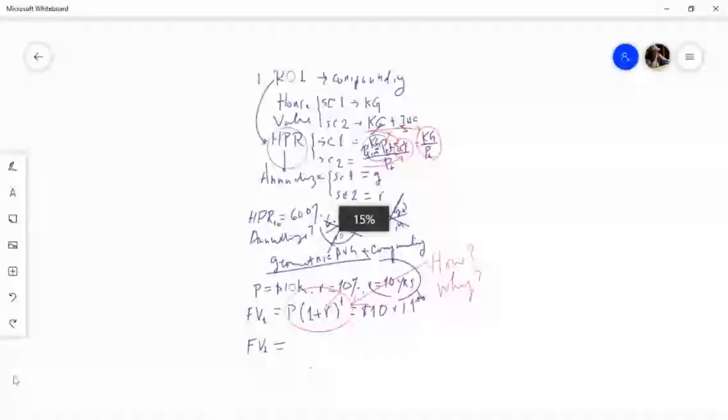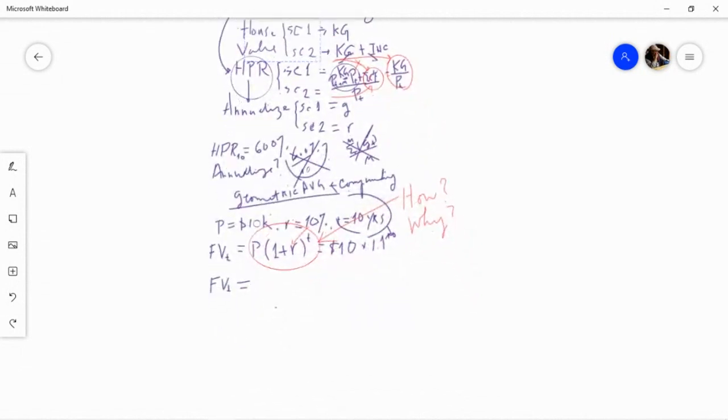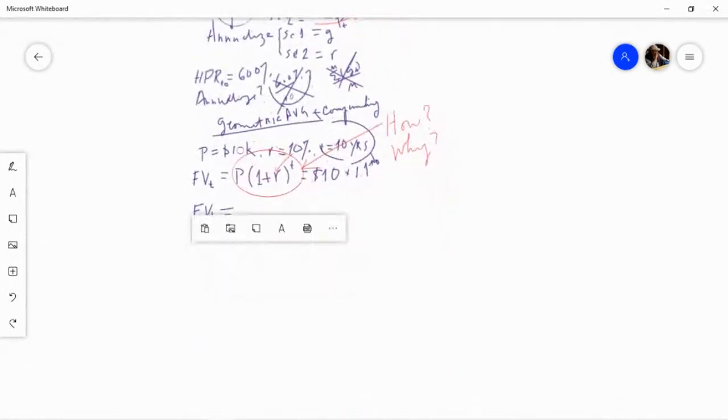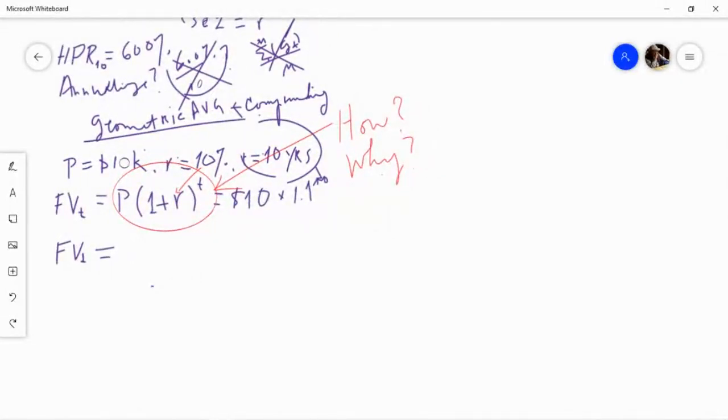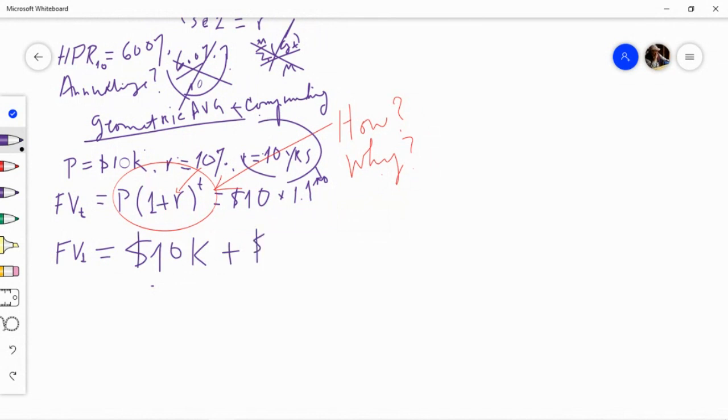So future value 1 is 11K. We know it is 11K because it's 10K principal plus 1K interest. Because the interest rate is 10%, right? For 1 year, it will have to be 1K, right? 10% of